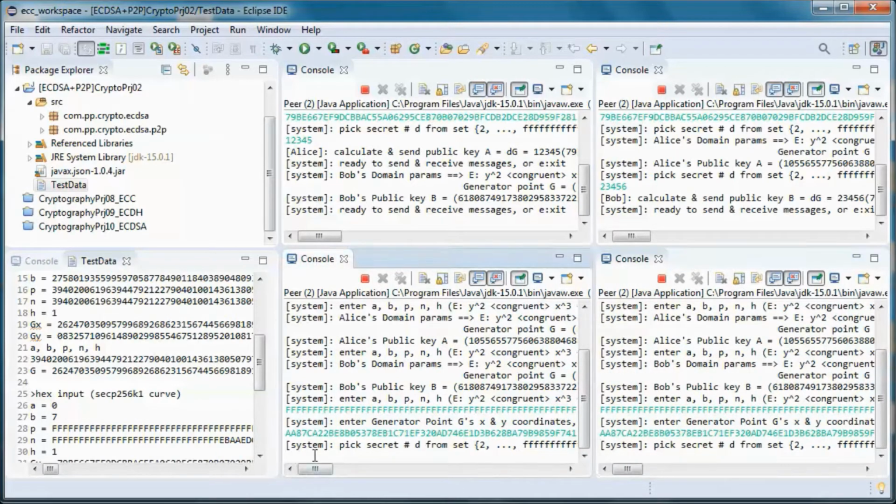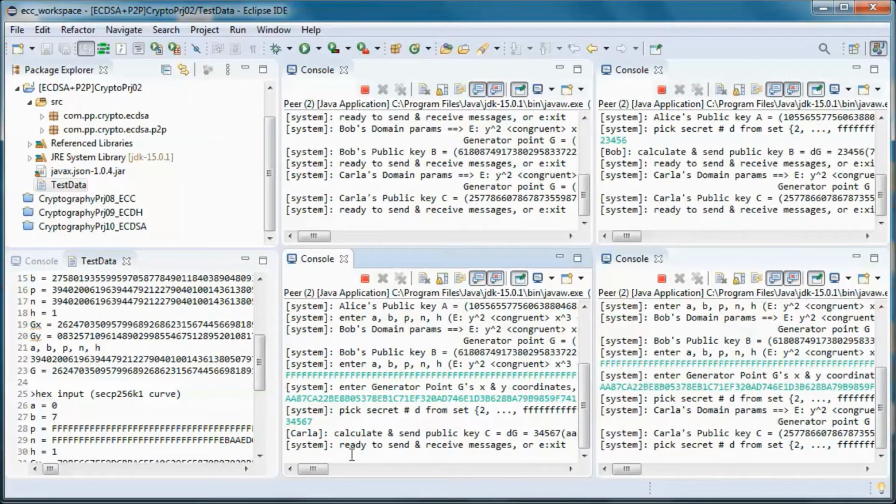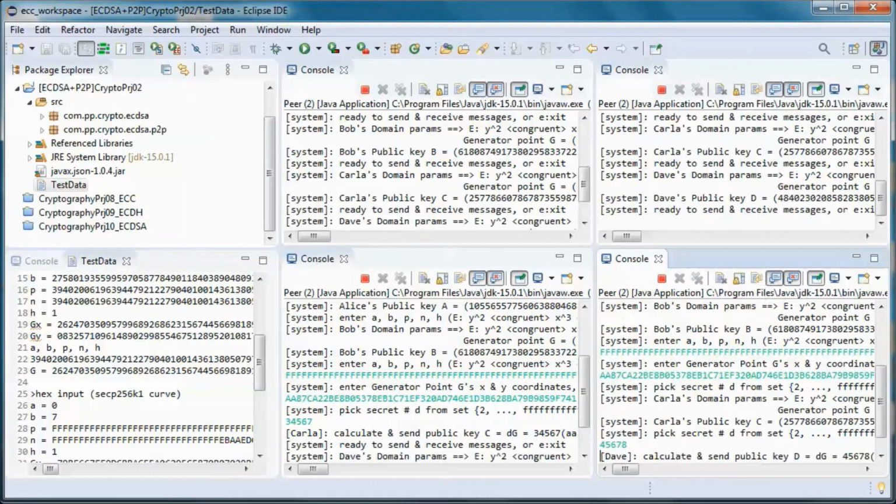And we'll have this one pick this secret key, and this one pick this one.